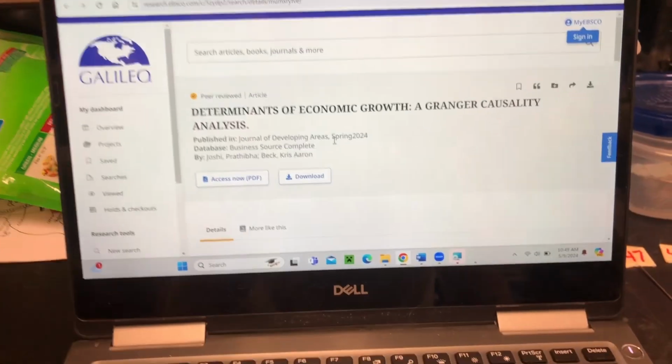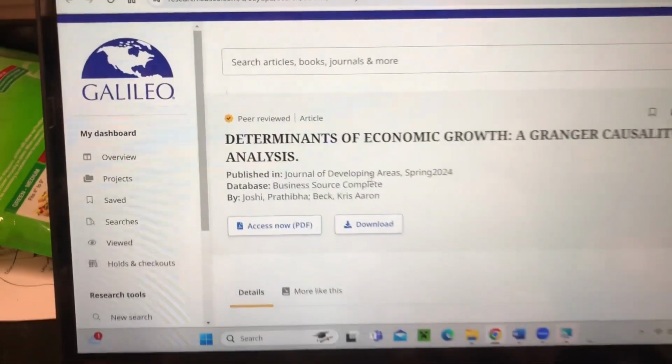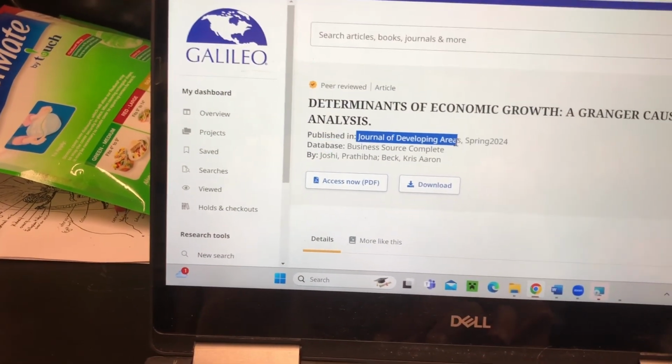Once you've searched up the topic that you want to investigate inside these databases, very briefly skim through the articles that come up and see if there's anything that interests you. If not, click on the academic journal that the paper is a part of and see what else they publish. For example, here you can see that this is published in the Journal of Developing Areas, spring 2024. And so you can just copy that journal name,